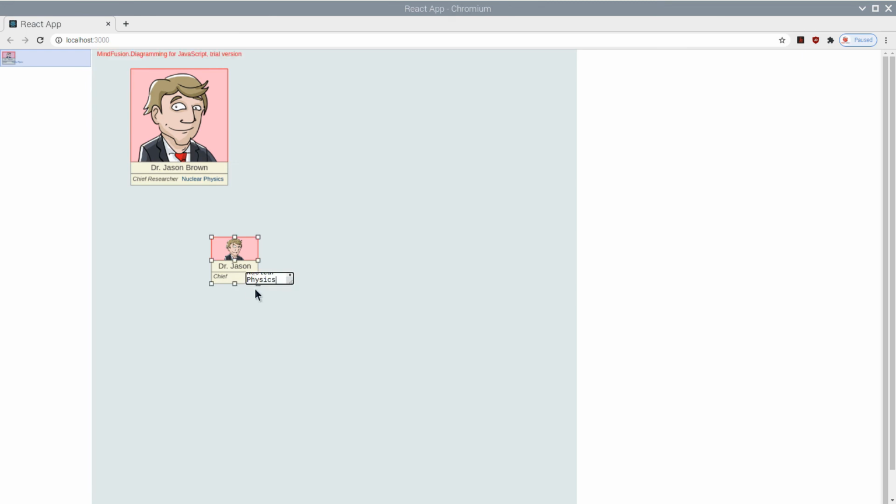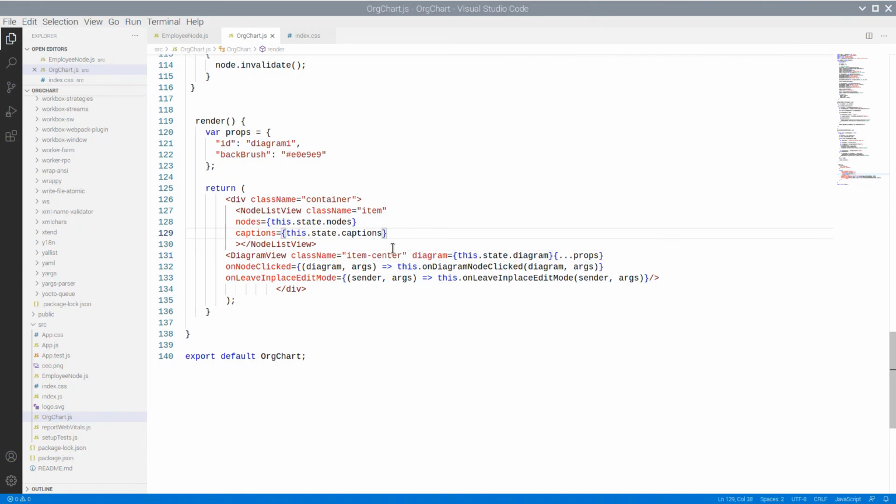We can drag and drop a node, but the newly created node is too small. We can adjust its size through the default node size property. We set it to a size of 70 for width and 60 for height.